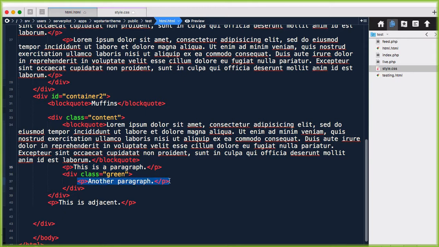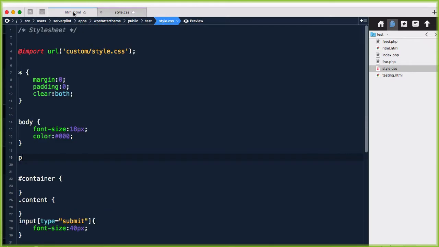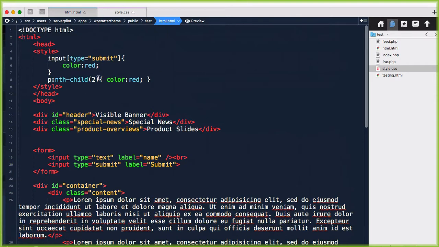This is a paragraph tag that is a child, but it's not the second. This is not the second element of this. So when we start working with the nth child, basically we're just saying, which number are you? This is also a very helpful thing to master in WordPress, because we can start saying,